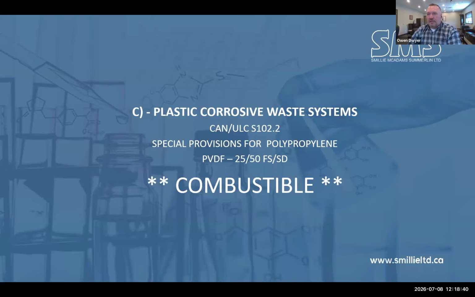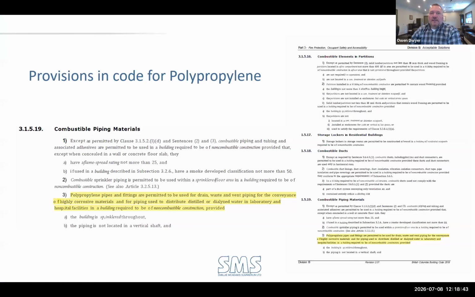Plastics, again, flame spread rating and smoke development classifications. There is a special provision for polypropylene because polypropylene is very inert to a broad list of chemicals. It is very suitable for the majority of laboratory type applications with temperature and chemical. Where it does not meet the standard code is on its flame spread rating. So don't ask a polypropylene manufacturer to provide you with a flame spread rating